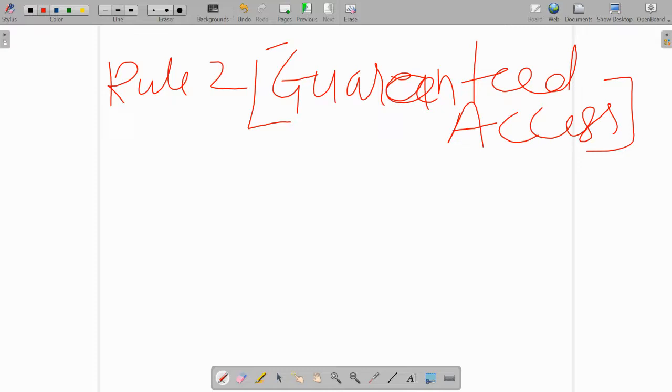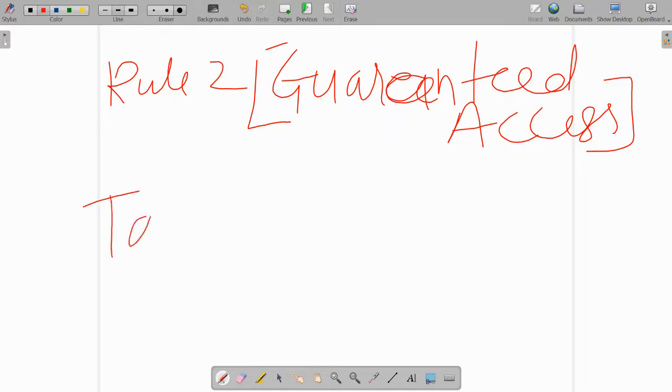Each unique piece of data, ब्रैकेट में लिखो atomic value, ब्रैकेट close, should be accessible by